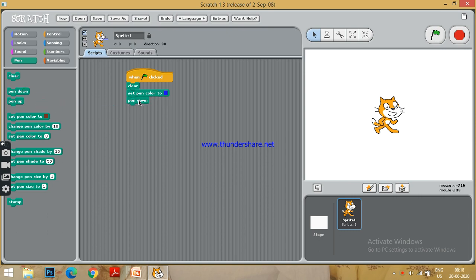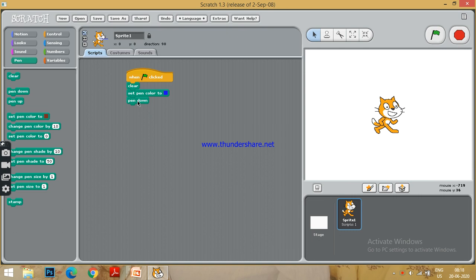Okay, now what I want to do is draw a square or a rectangle. Now you have read in maths what the angle of a square is. If you see all 4 corners, you have 90 degrees. So how many times do I have to draw the 90 degrees?